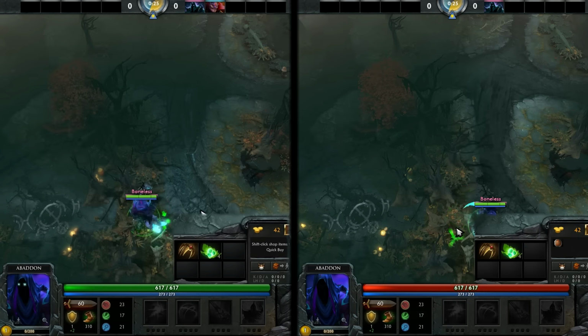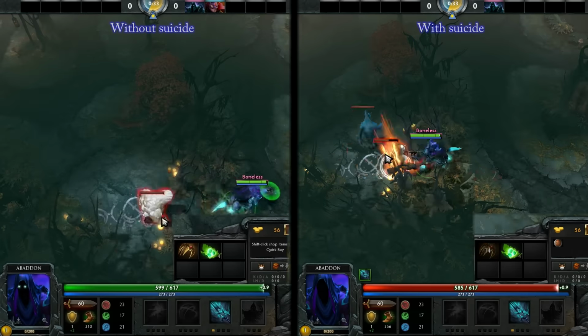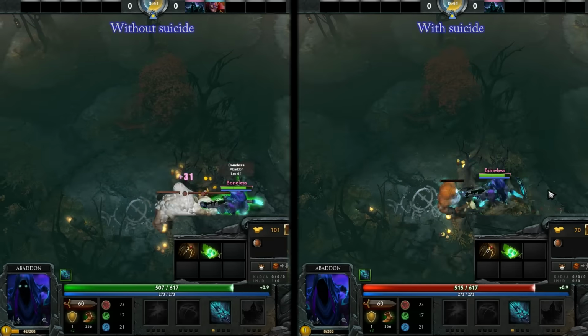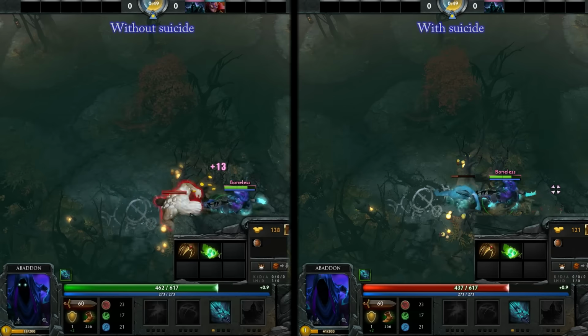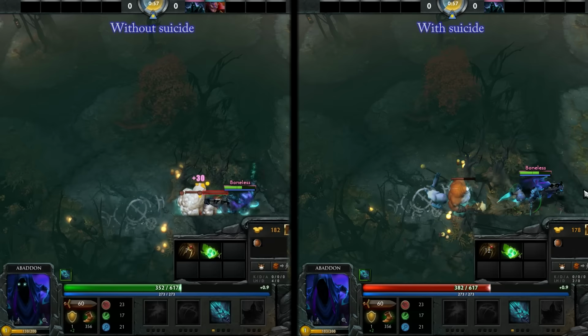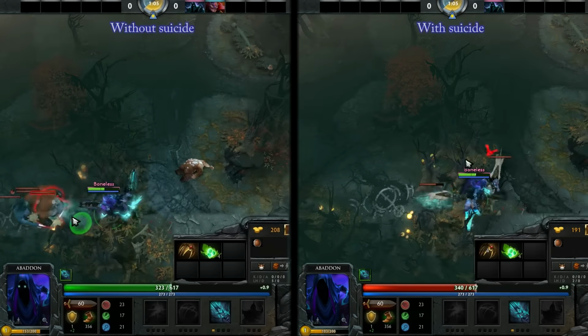So now let me show you Abaddon jungling where you suicide compared to when you don't suicide. Here on the left you can see a replay where I jungle pretty flawlessly, but I do not go for the suicide. Instead I just use the courier a lot to get all the regen I need to sustain myself. And on the right side here you can see the replay you just watched where I go for the tactical suicide,